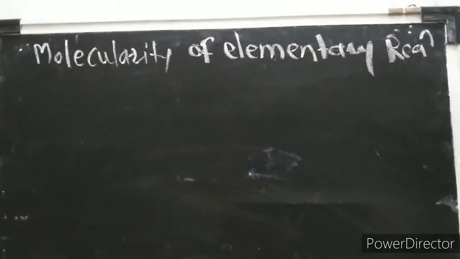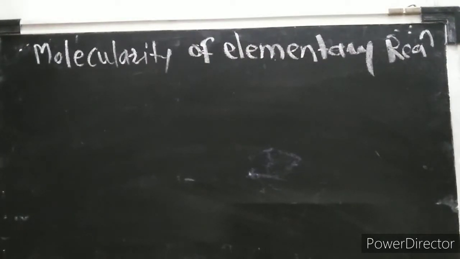Now see the next one. Again we will start with the molecularity of elementary reactions. Just now we have completed what order is, what molecularity is, and the distinction between order and molecularity. Now, molecularity of an elementary reaction. Generally, some reactions are elementary and some are complex reactions. What do we mean by elementary reactions? Reactions which occur in a single step and cannot be broken into simpler steps are called elementary reactions.